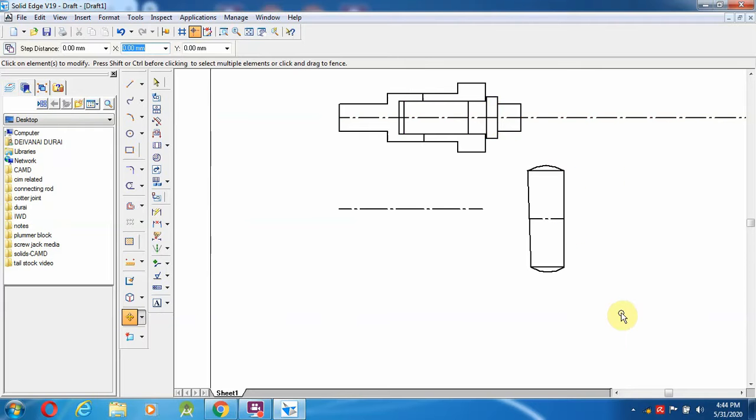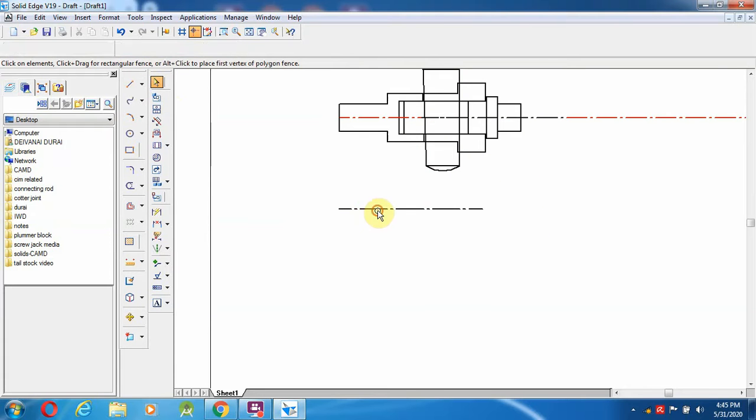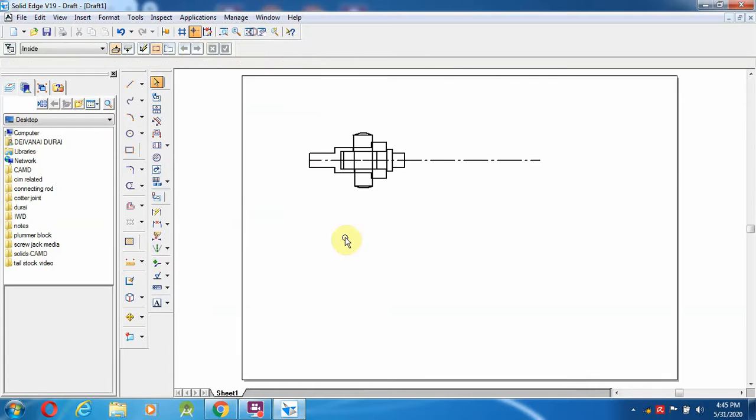Okay, same like this, this is the one I'm supposed to keep over here. Okay, so after doing this, give fit. So this is the thing we want to create over here.